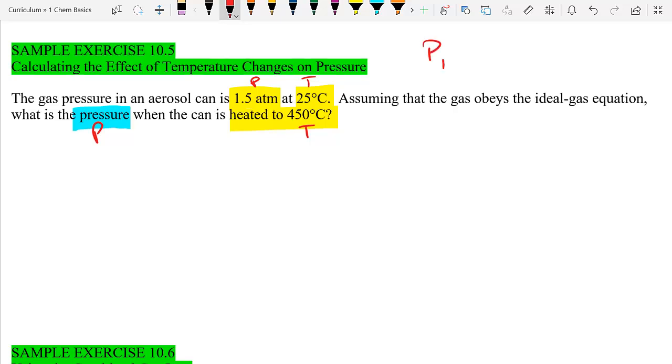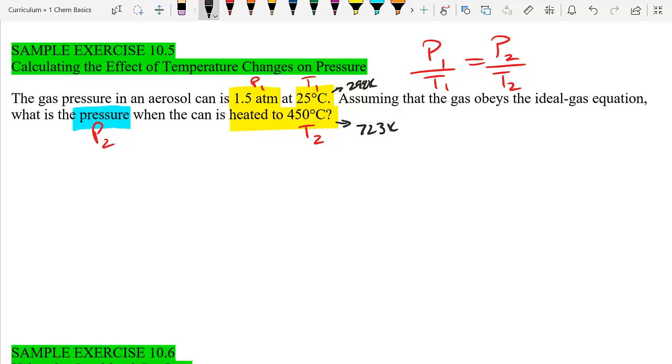The initial pressure divided by the initial temperature will be equivalent to the final pressure over the final temperature, since this is a direct relationship. So our initial pressure and initial temperature term, and our final pressure and final temperature term can be related that way. Please remember that we have to go into Kelvin. So my 25 Celsius turns into 298 kelvins. My 450 Celsius, adding 273, gets us